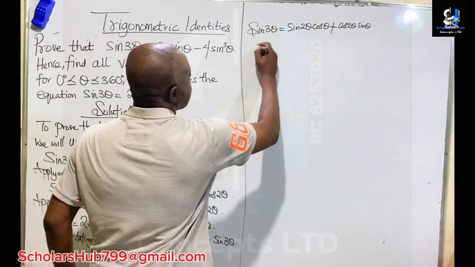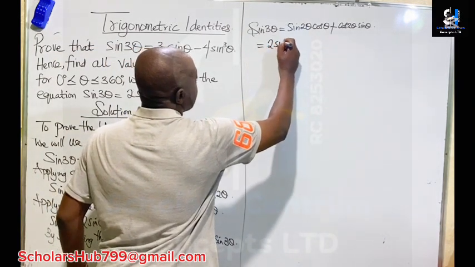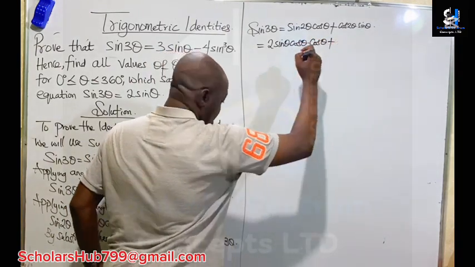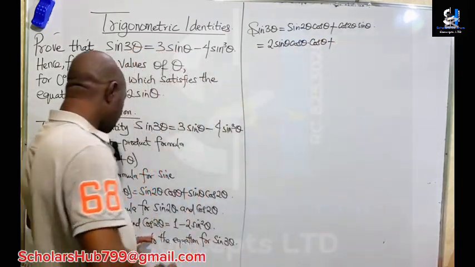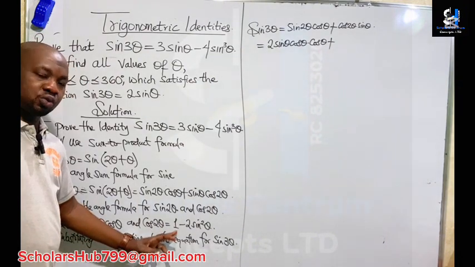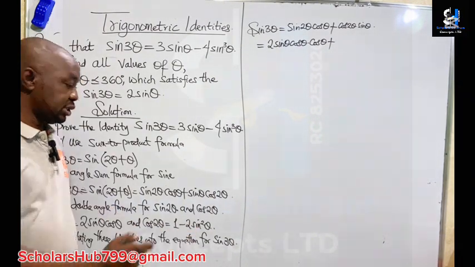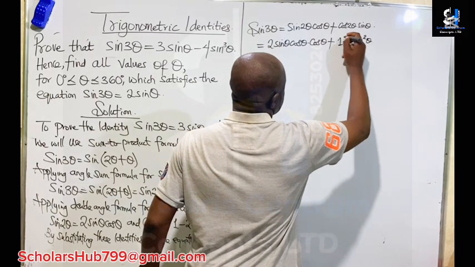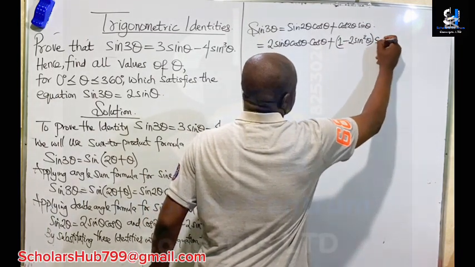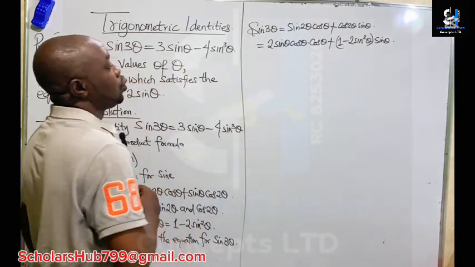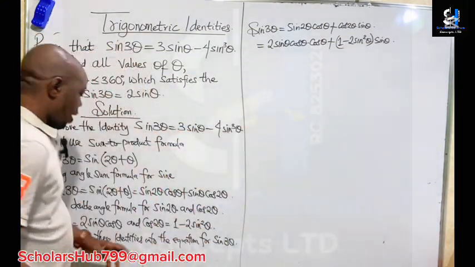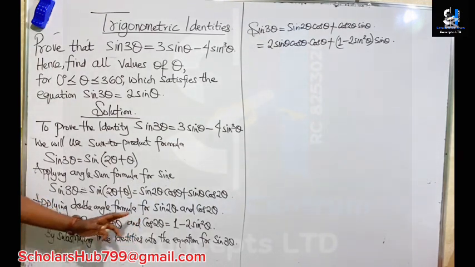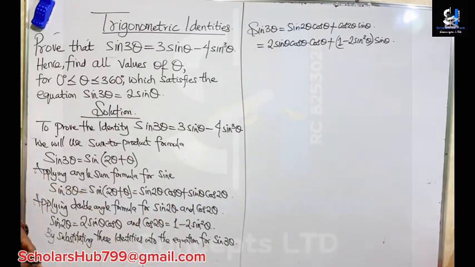So which means this will be 2 sine theta cos theta multiplied by cos theta, plus, now also we know that cos 2 theta is equal to 1 minus 2 sine square theta. So which means this will be 1 minus 2 sine square theta. Then also we have sine theta. Okay, so which means now after we substitute the double angle formula for sine 2 theta and cos 2 theta